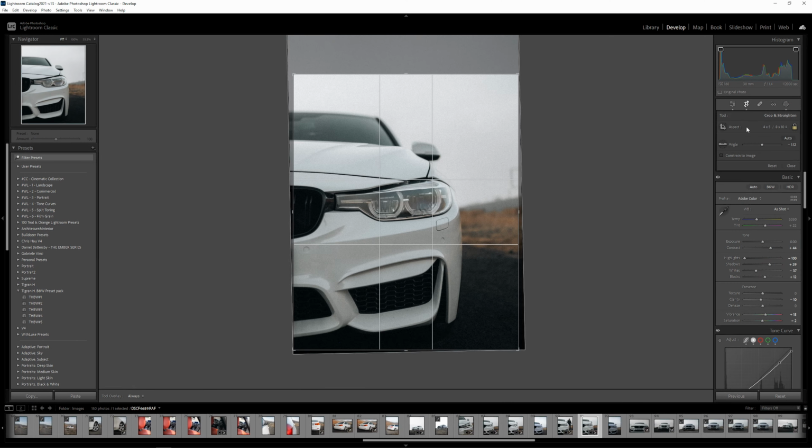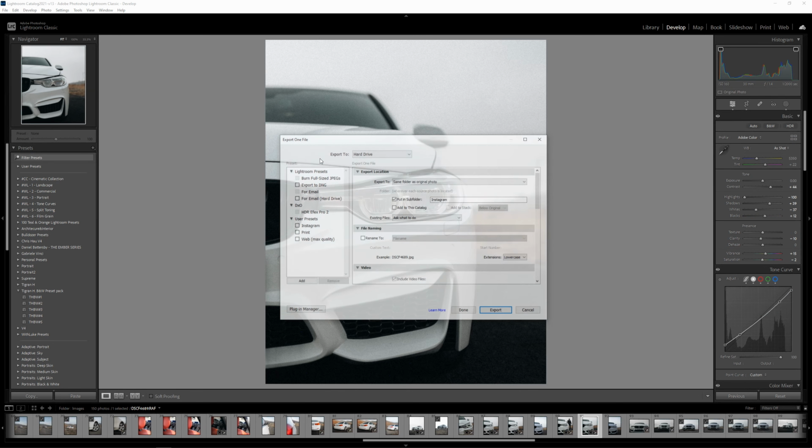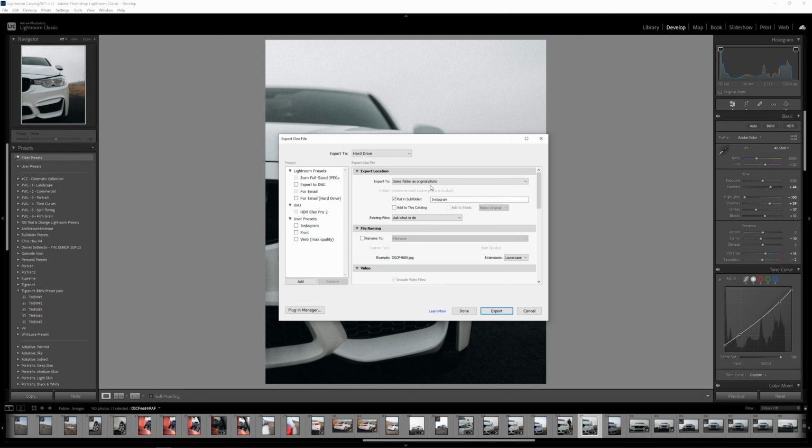Quick one for today, what are the best Lightroom export settings for Instagram in 2024? First thing that I do if it's an Instagram post, I crop my image to 4:5 aspect ratio. And then I'm going to export settings. I use the same folder as the original photo and I'm putting everything in the subfolder Instagram so it will be easier for me to locate all the files necessary for the Instagram post.